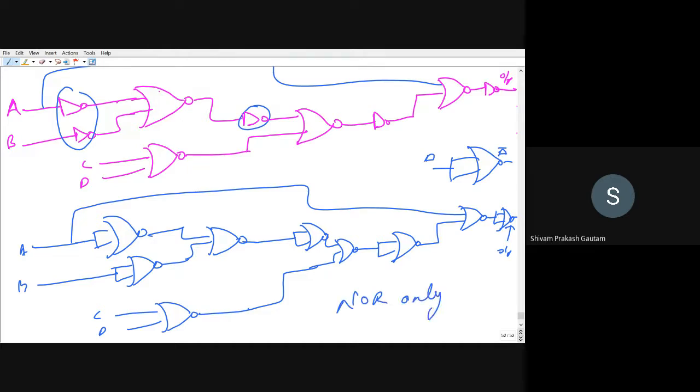You can see all the gates are NOR gate. Where these two gates are acting as an inverter. These gates, wherever input is shorted, it is acting as an inverter. So you can see all these are acting as an inverter, right?